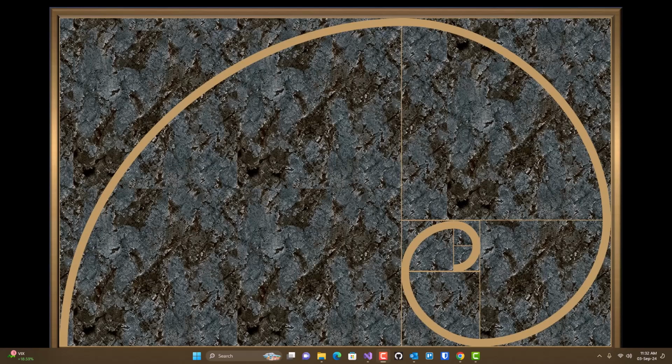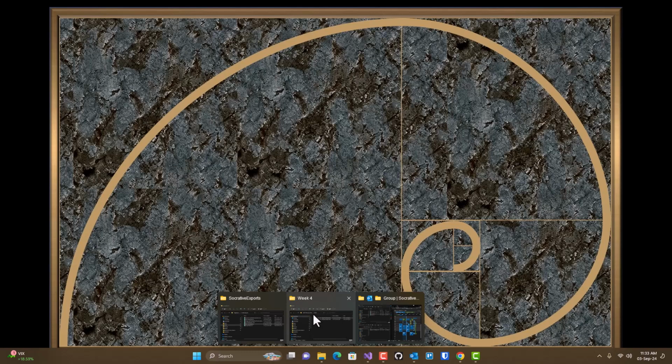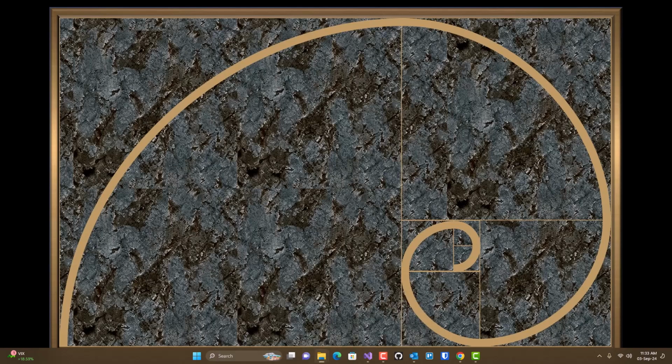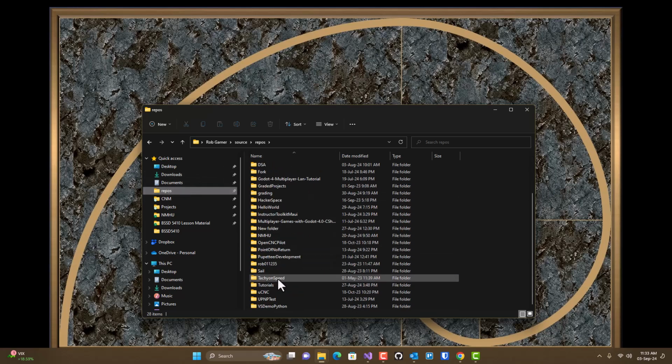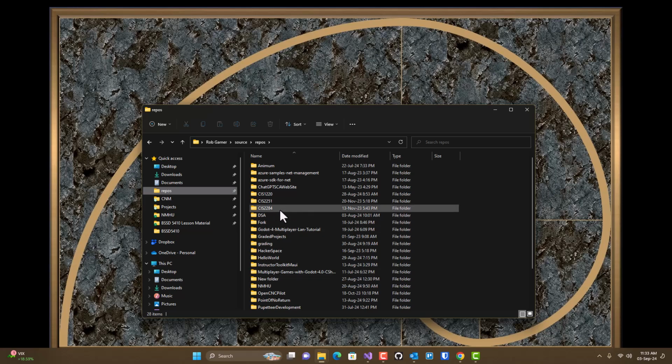I'm a computer programming instructor, and today I'm going to demonstrate how to use the print statement in Python. So I'm going to start off by creating a repo or creating a folder. I have this repo folder where I put all my programming projects, and